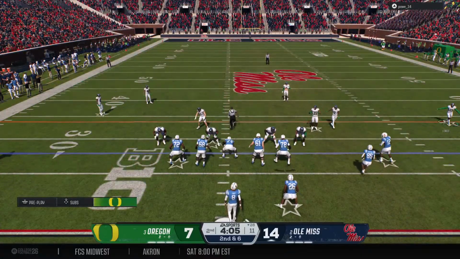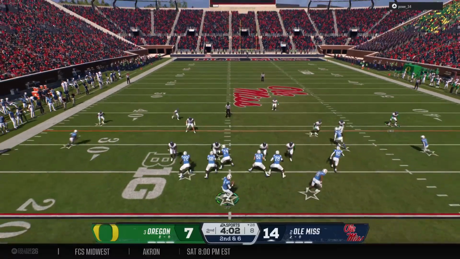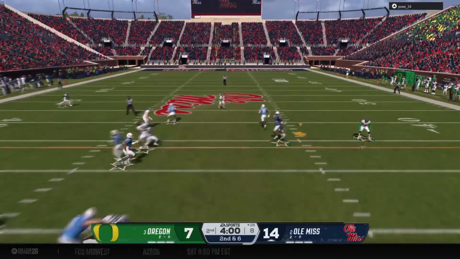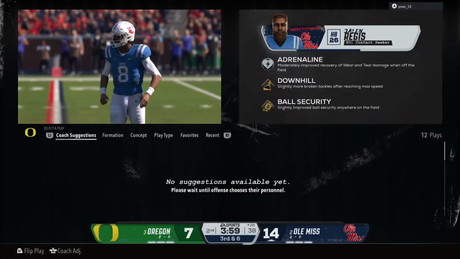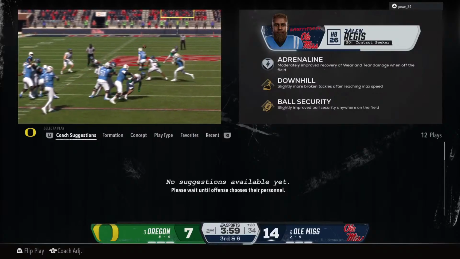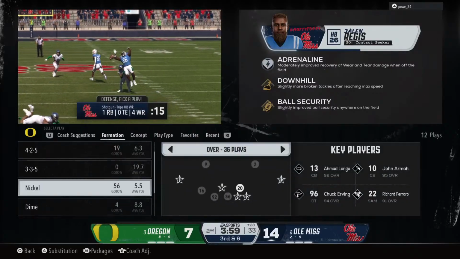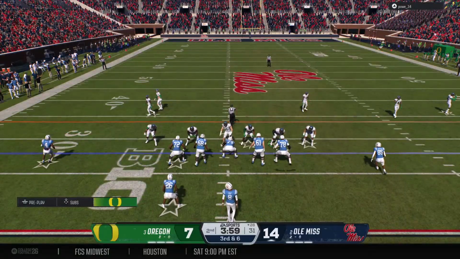Game makes it second and medium. Quarterback drops back, looking for his back. That's going to be incomplete. A lot of contact, no flag, brings up third down. This is the one thing I love about this running back, his ability to get involved in the pass game. Runs a great route, just doesn't come down with a catch.